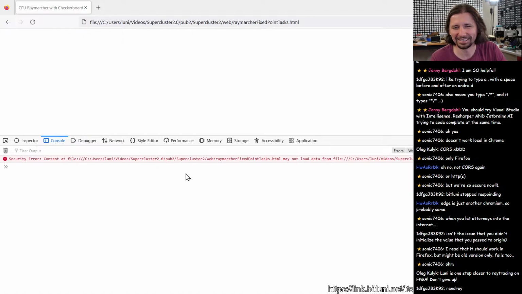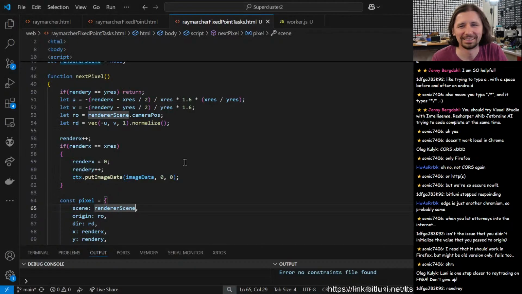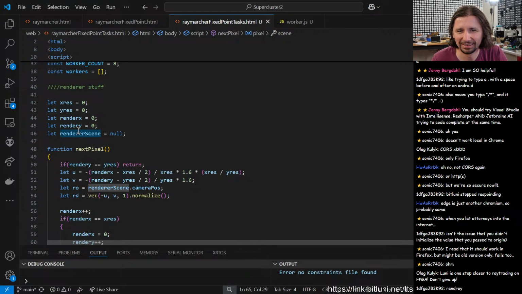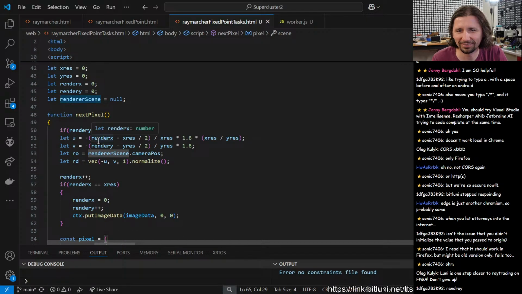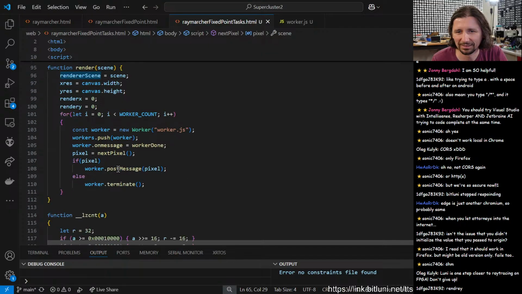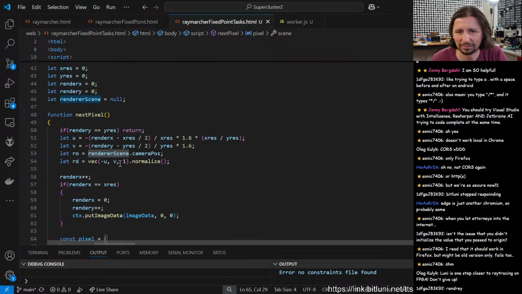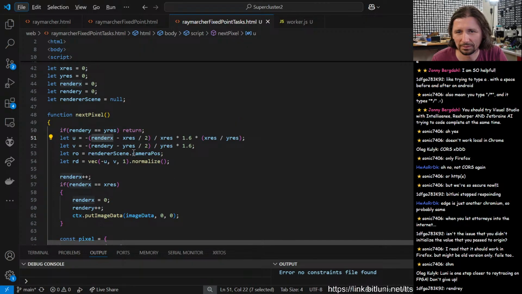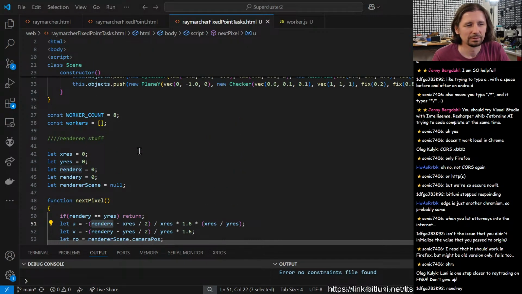Render. Wait. Render Y. Render. Where's my next pixel? Next. Render Y. No, that's correct. Has nothing to do with that. It has to do with course. So